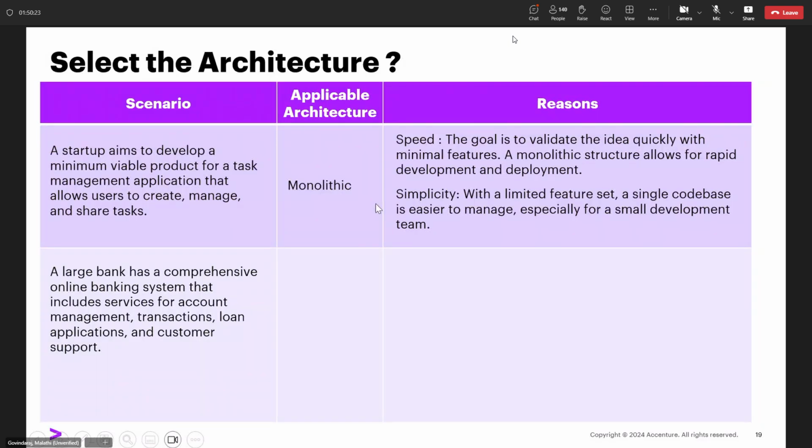It is not like monolithic is bad and microservice is good. Both are good; it depends on the requirement, and cost, everything is a factor. So that depends on the architecture. If they are ready to invest more money and more developers to deploy,